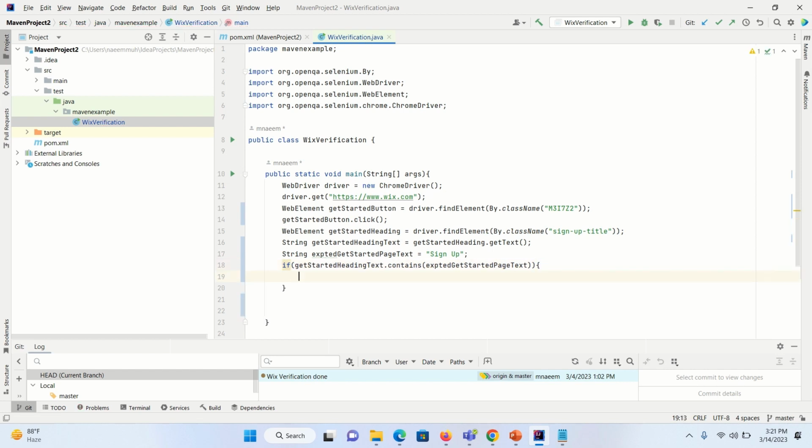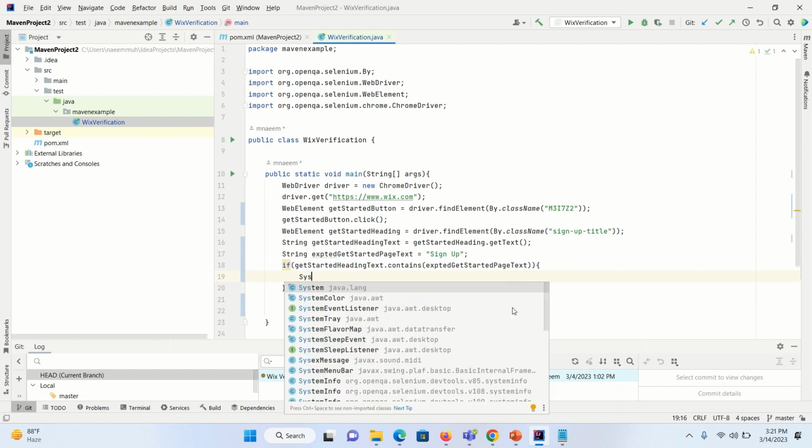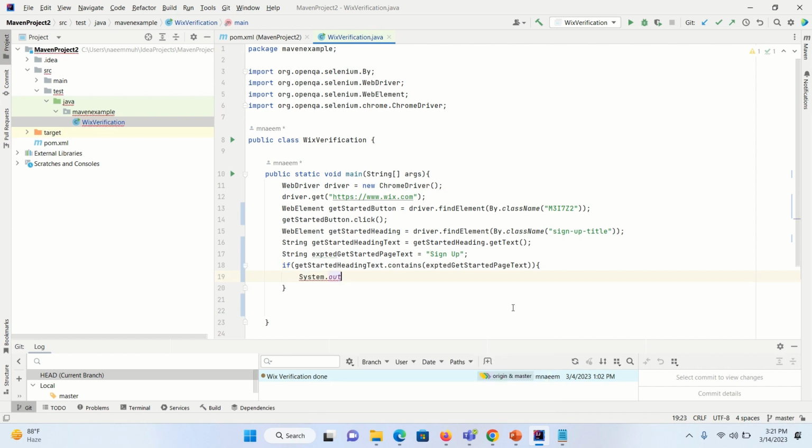This means that if both texts match, my test will get passed. So I have to write System.out.println "test is pass",